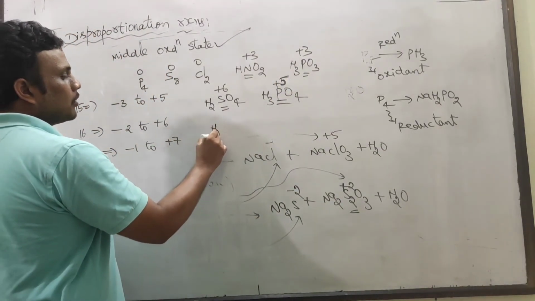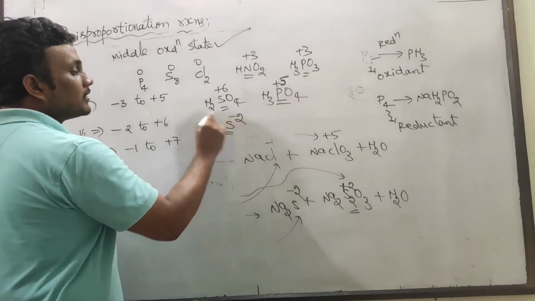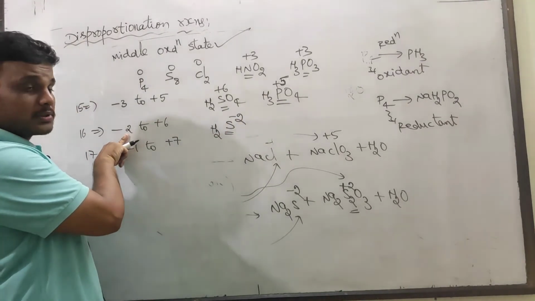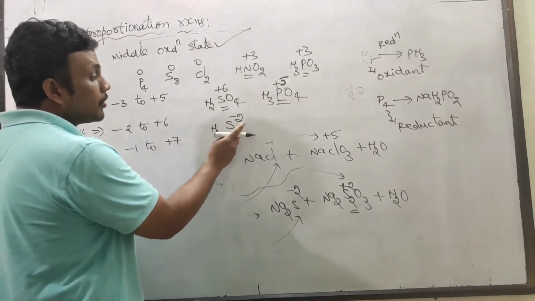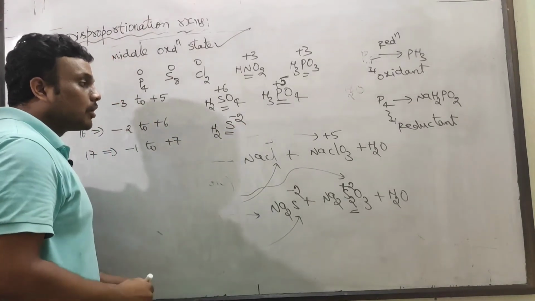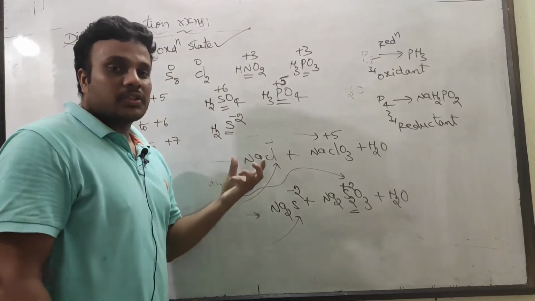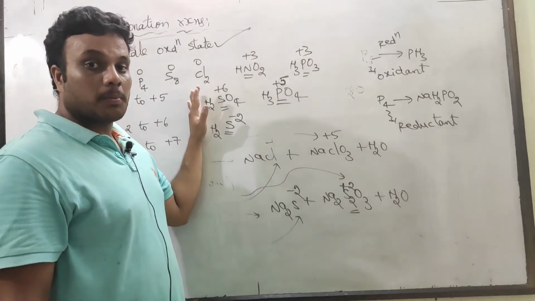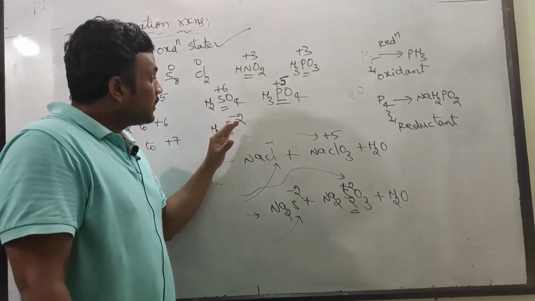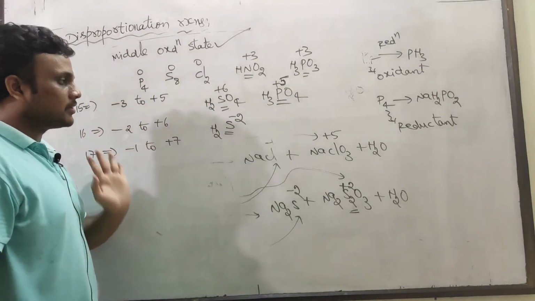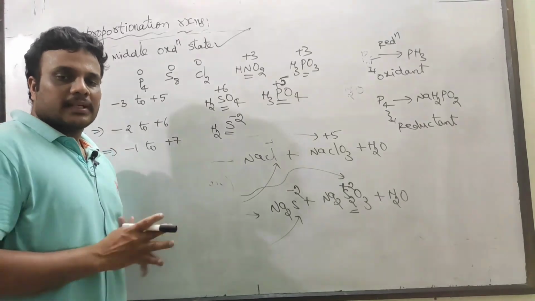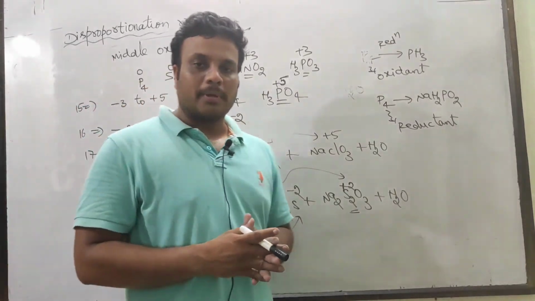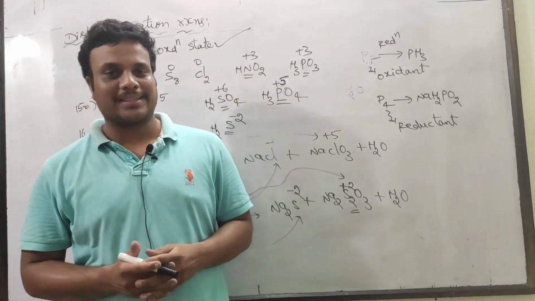Suppose we are given hydrogen sulfide: sulfur is in -2. So -2 is the least oxidation state of group 16, and it cannot undergo further reduction. So if the element asked about is in a middle oxidation state, it undergoes disproportionation. If it is in the least or highest oxidation state, it cannot undergo a disproportionation reaction, because this is a standard question for competitive examinations. Thank you very much for watching my video.